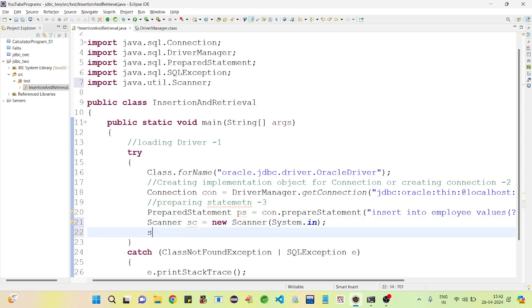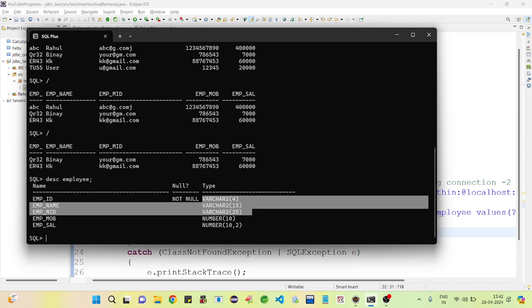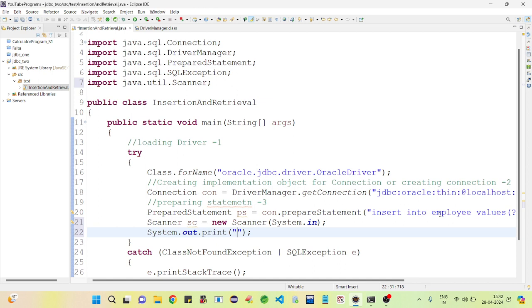After that, I am going to give the message: enter first column, employee id, name and mail id. Enter emp id. I am going to copy this to use again and again.